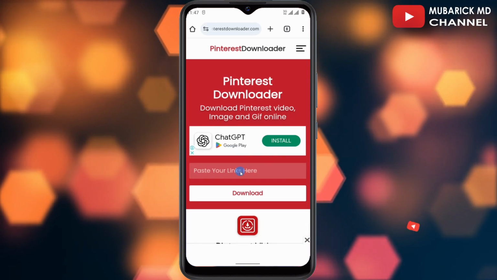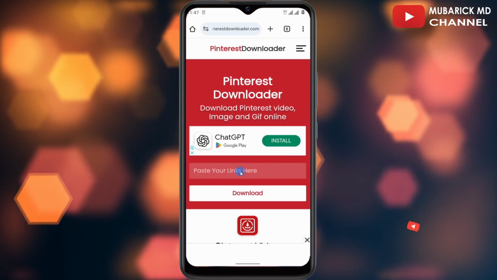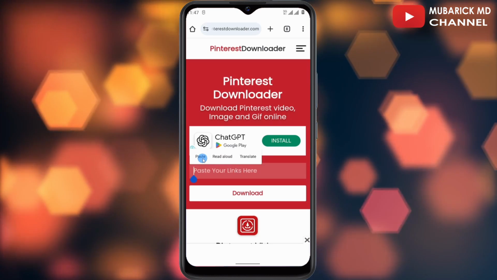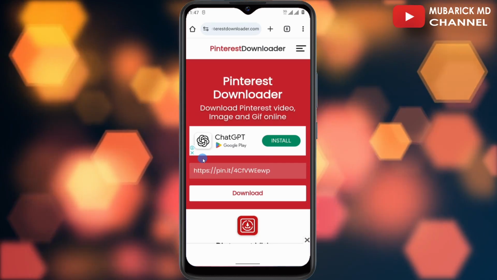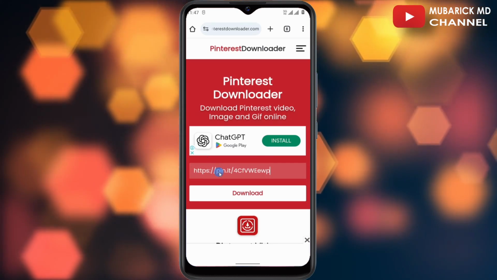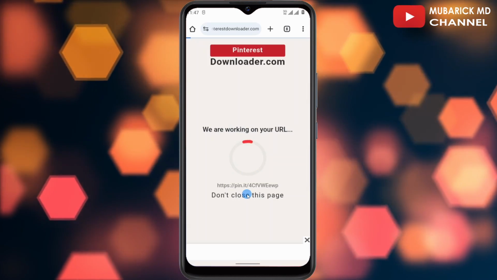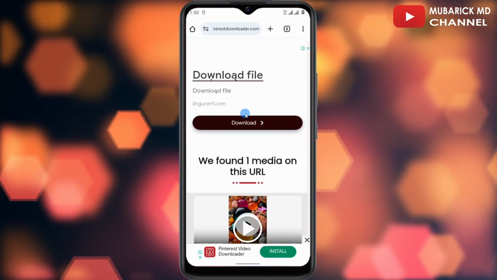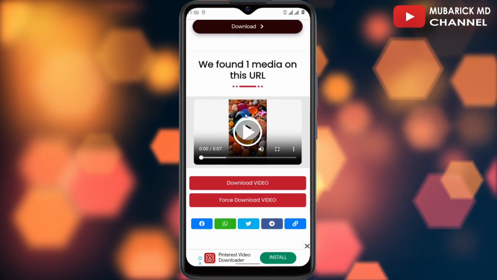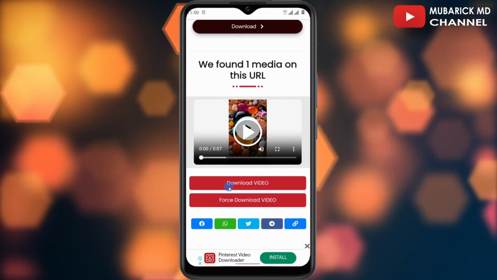Here we have the option to paste our link here, so we're going to long press here and then tap on paste. This will make sure the video link that we've copied is pasted here. After that, we're going to tap on download to allow it a bit of moment to finish synchronizing and downloading everything. And then we have to scroll up a bit until we locate these 2 options, which is download video